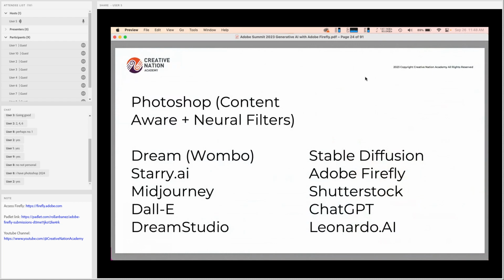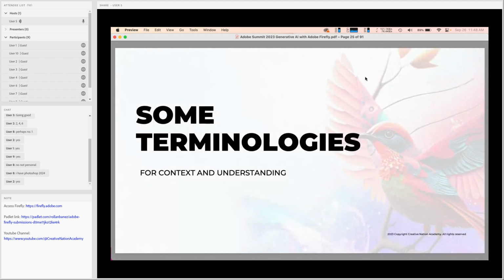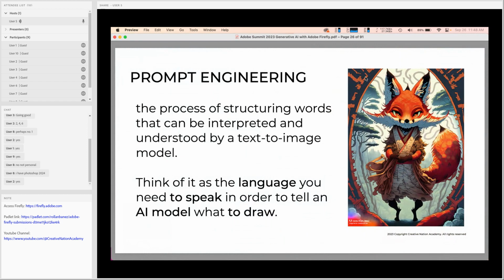I've been using a lot of generative AI image generators throughout the years, from Photoshop, from mobile applications, to running my own servers, from Stable Diffusion, ChatGPT, Leonardo AI. I've been doing this for a long time, and I just want to give some terminologies before I do the demonstrations, for context and understanding. Right now, a fairly popular term is prompt engineering.